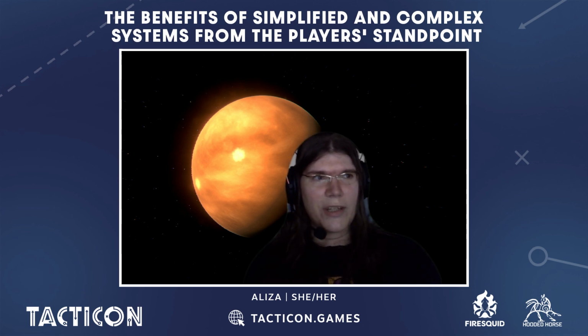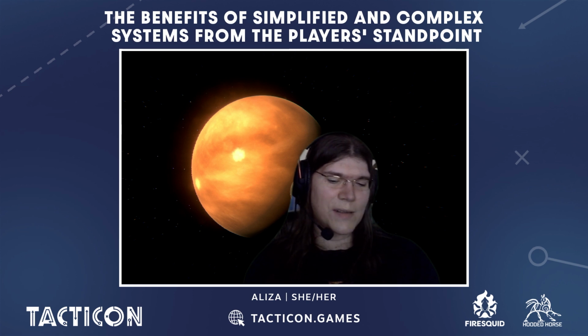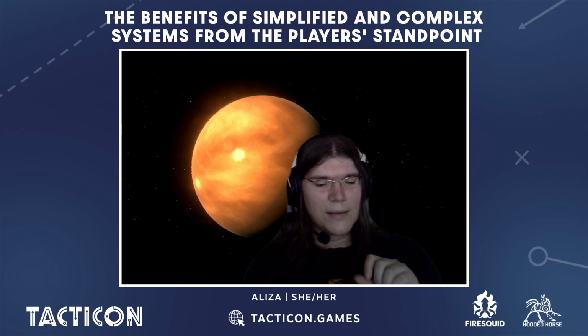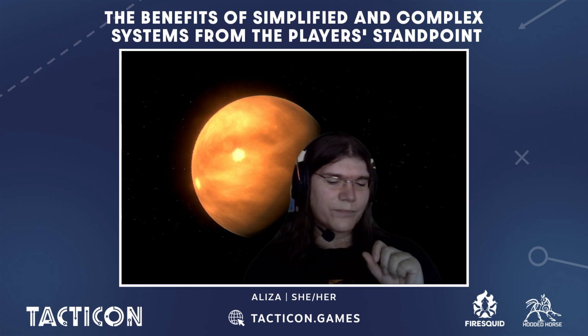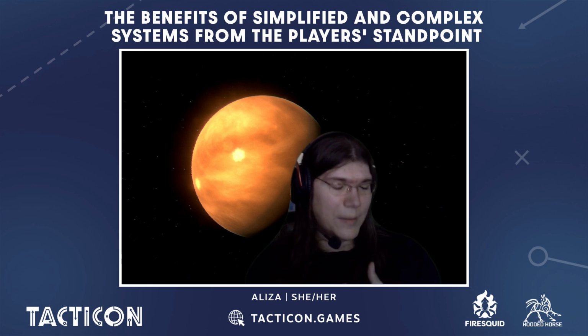Computer games are very rigid, and that is why it's very important to see how these simplifications alter the player's experience. And this is why it's not a good thing to have complex subsystems and simplified subsystems at the same time in a game.